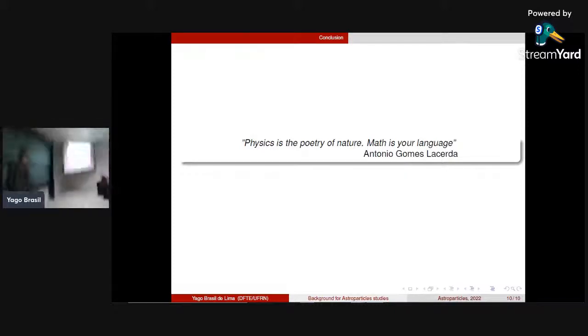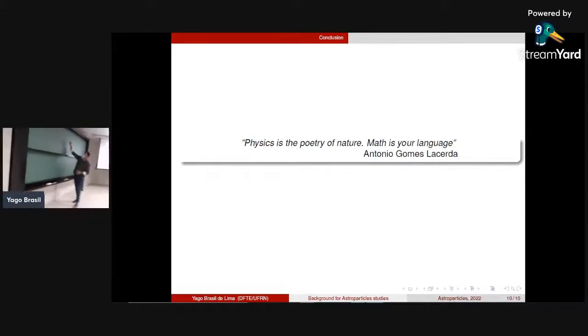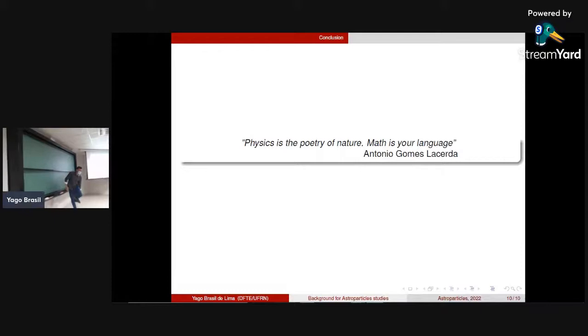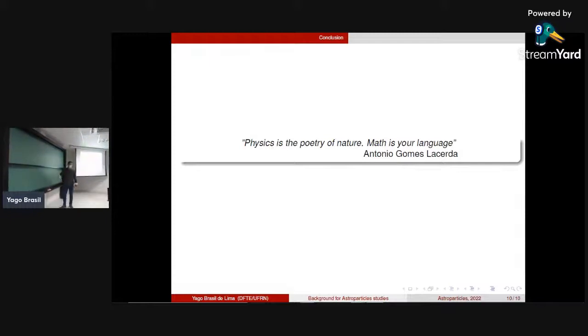So let me try to summarize what Yago explained, okay? So mostly for the beginners. Every field, whether it's a scalar, a vector, or a fermion, has to obey some equation. Every field in the universe has to obey one equation. The one that dictates the scalar field is called the Klein-Gordon equation. The one that governs the vector field is called